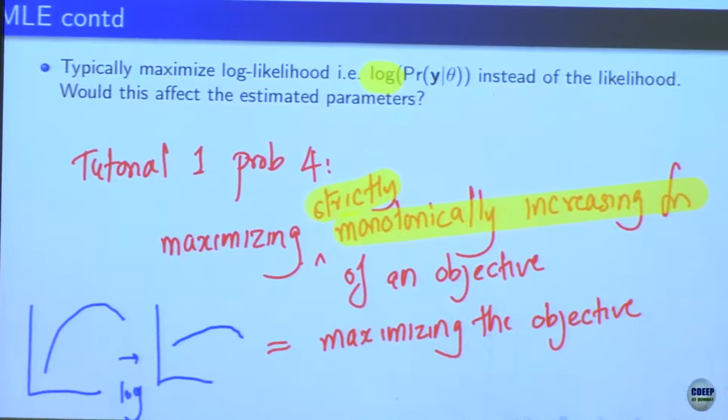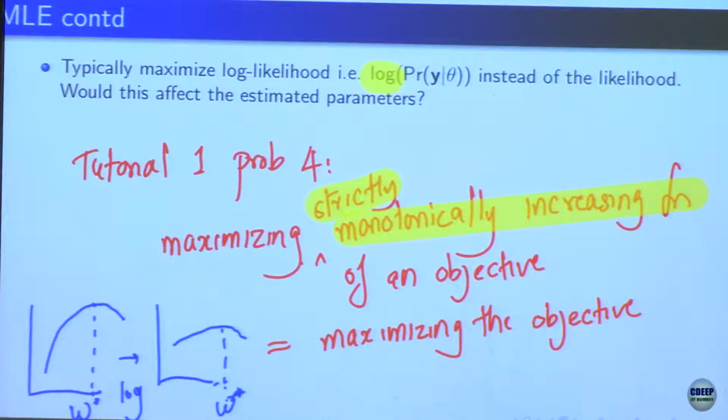It may dampen out a bit, but the point of maximum, if it were x star, will still remain x star. That is a claim. Let me use W here to be more consistent. So you'll have the maximum at the same point W star. That's what we mean by equivalent. So this W star will remain the same,